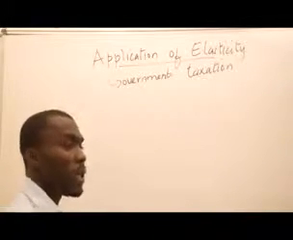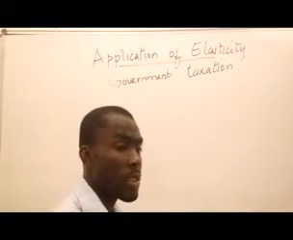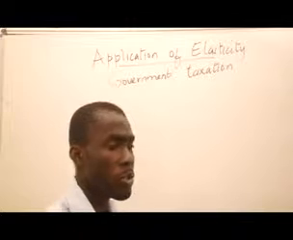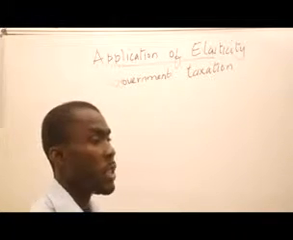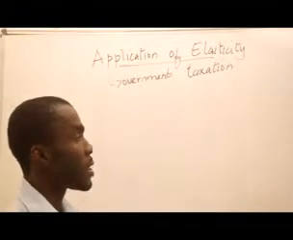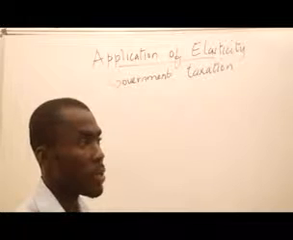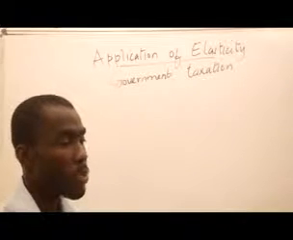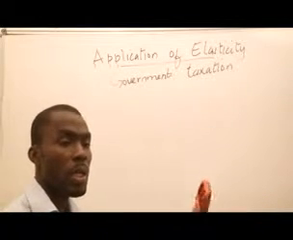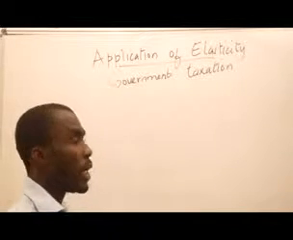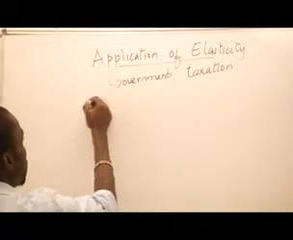If the government knows that the elasticity of demand for a good that is going to be taxed is inelastic, what should it do? And if it knows also that the elasticity for that good is elastic, how should the tax be? Should the government tax more on the inelastic goods and less on the elastic good? Or should the government tax more on the elastic good and less on the inelastic good? So let's see the first situation where the good